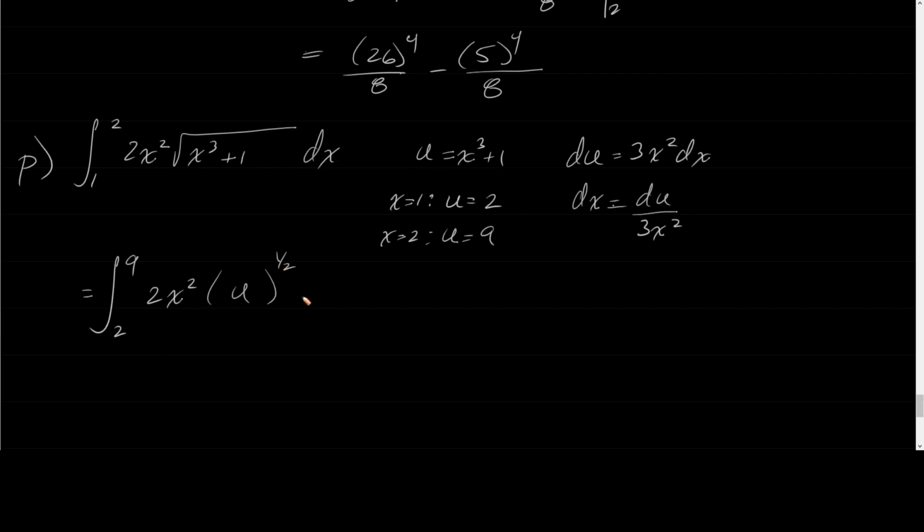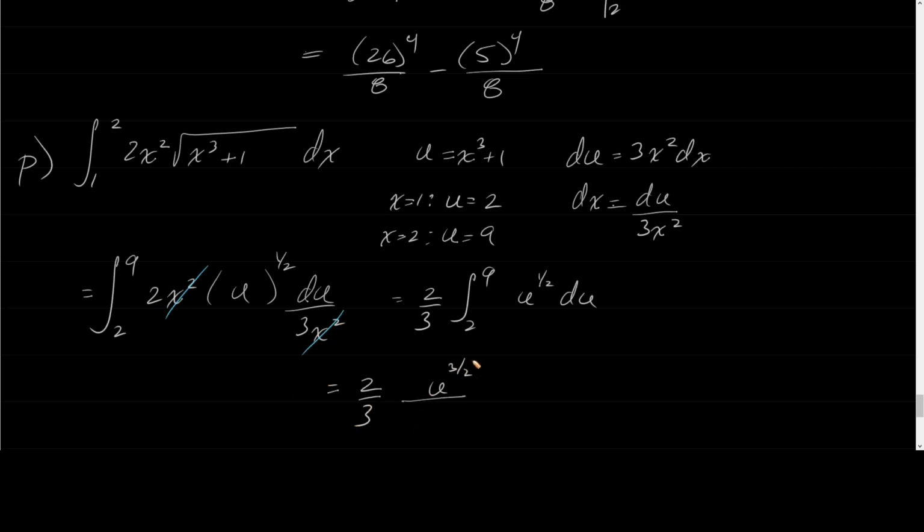Dx, we said that was du over 3x squared. And at that point, we see that the x squares cancel each other out. So what I really have here is 2/3 times the integral from 2 to 9 of u to the 1/2 du, right? These 2/3 coming from these 2 and that 3, put it on the outside of the integral. And at this point, what does this give us? Add 1 to the exponent, so u to the 3/2,